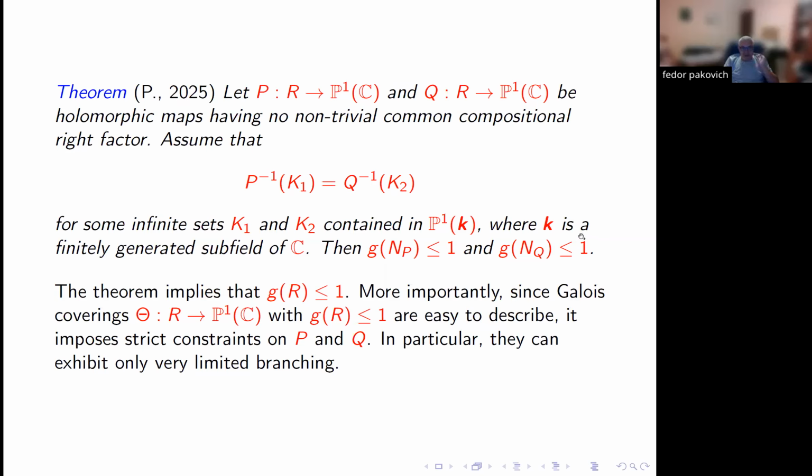Of course, you obtain immediately that the genus of R should be at most 1, but it's not that interesting, because what is really important